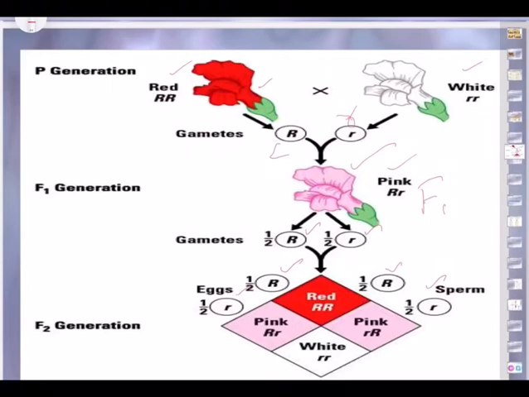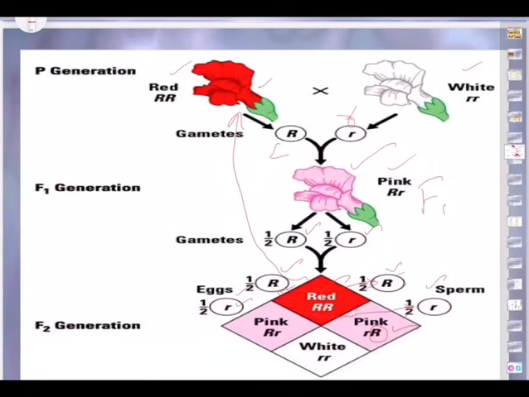A British scientist by name Punnett, I said, discovered this easy method so that we can understand better both phenotype as well as genotype. So through Punnett square, when we make this, this gamete combines with this gamete. The resulting zygote is capital R, capital R, red flower, pure tall. It is something like that of the grandfather. And then the same capital R gamete combines with this one, small r.